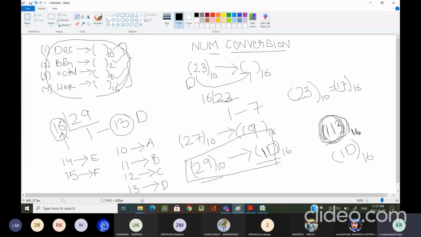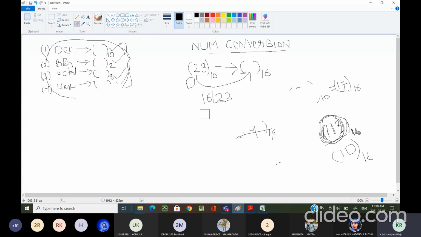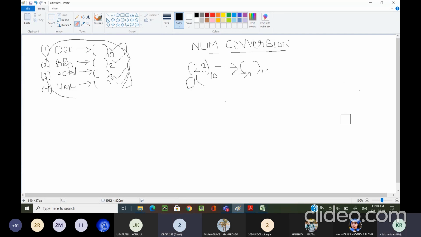Now we have covered the basic conversions: decimal to binary, decimal to octal, decimal to hexadecimal. Now we are going to see decimal to others. Other means if I want to convert to base 3, what I have to do? Are you understanding what I'm saying? Yes, sir. Is the last problem's answer clear to everyone? It is not 113 of base 16, it is 1D of base 16.